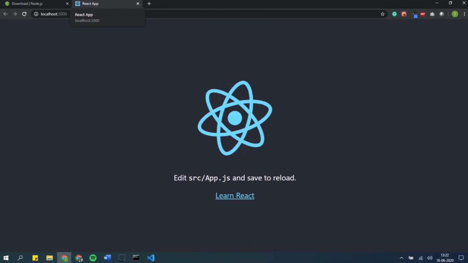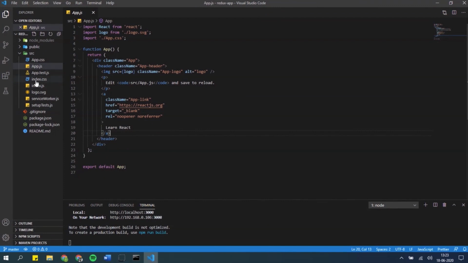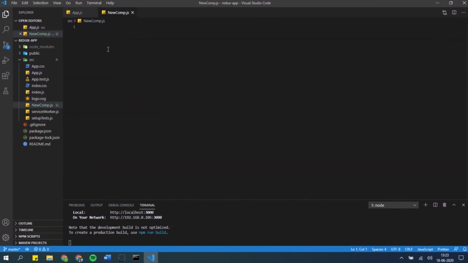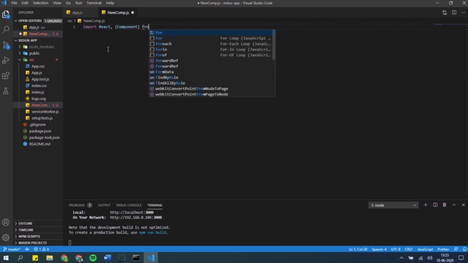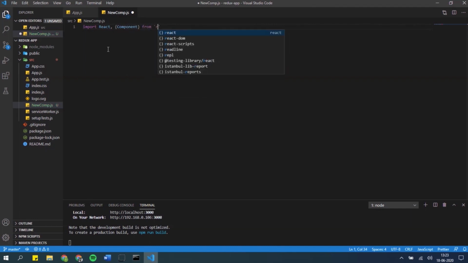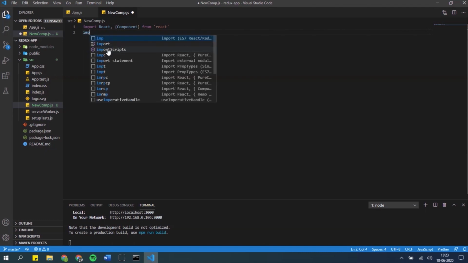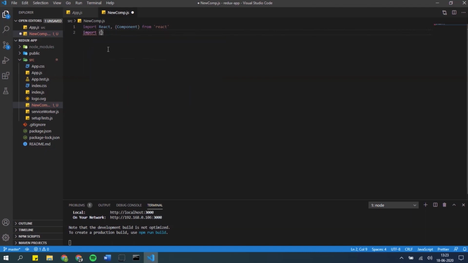There we are. We can go ahead and edit app.js to create our application. Okay, so let's go in and we're going to go into app.js. And we are going to create an application called newcomp.js. And we actually have some code that we've already created that you can download as part of this application. But we're just going to type in here, import React, and then Component from React. So I'm going to pull in our React library,